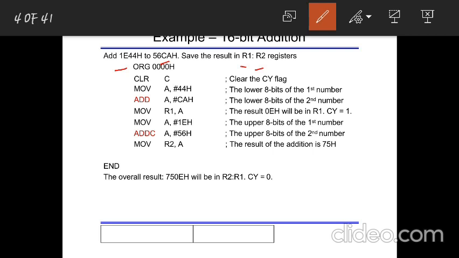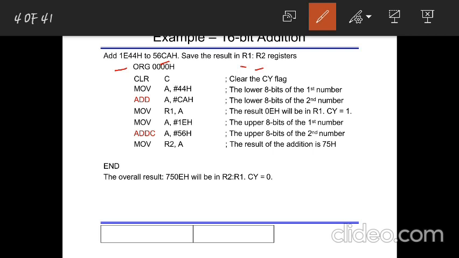Two 16-bit values should be added, and after adding, the result should be stored in two registers, because I can't directly store a 16-bit value in one register here, as we are adding 8 bits at a time and another 8 bits at a time. So that result will be stored in one register and the other 8-bit result will be stored in the other register. So here first we need to check this.